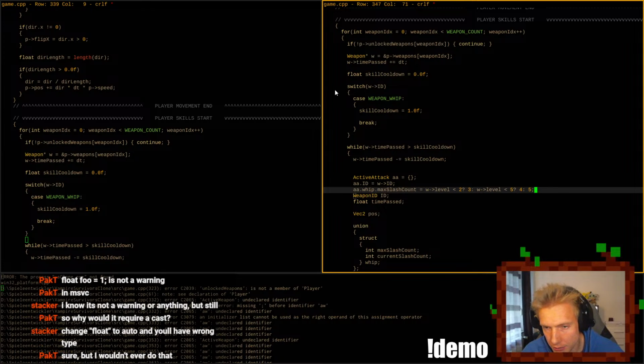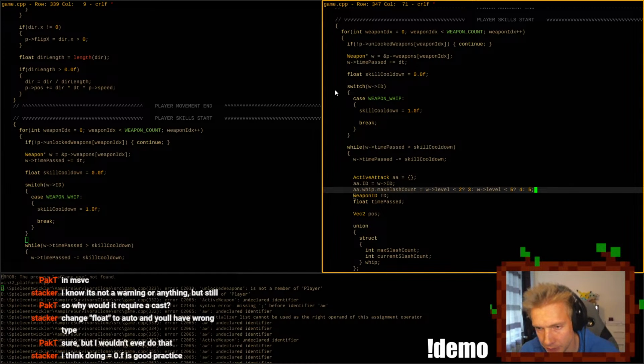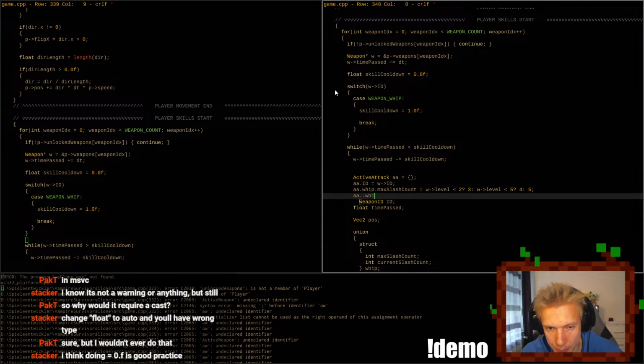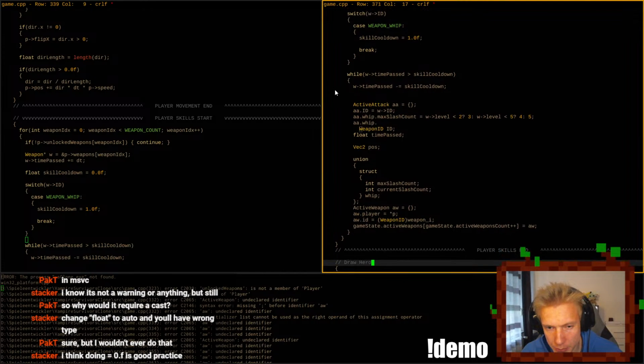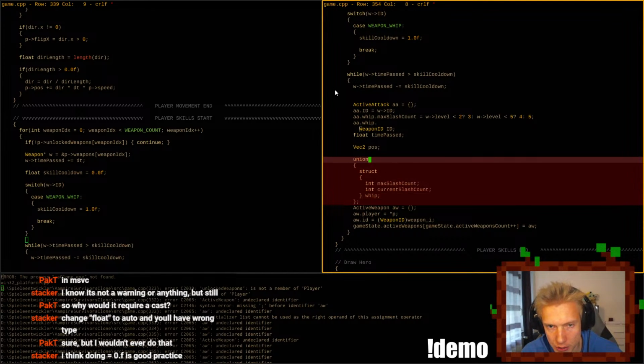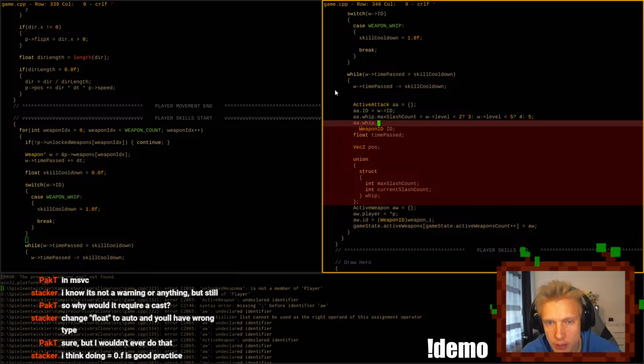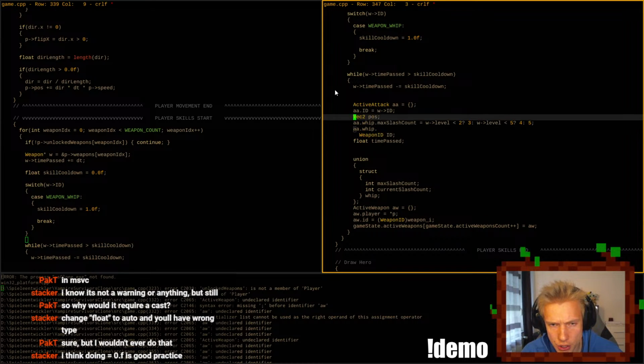So we do 3 slashes, then 4, then 5, depending on the level. And I just came up with this randomly. So we have AA.whip dot current slash count does not need to be set because it's 0. So we only need to set the ID. And then we're left with the position.